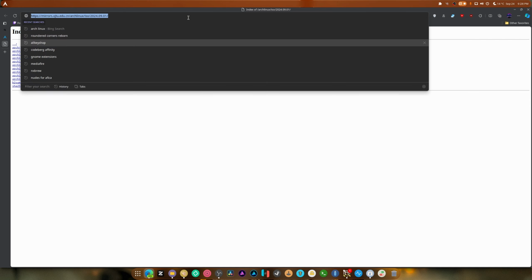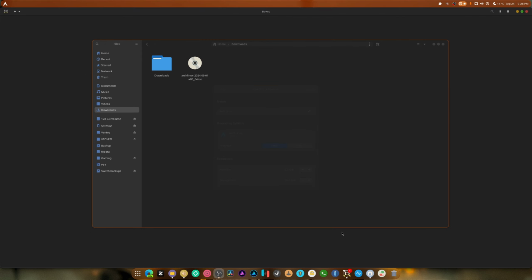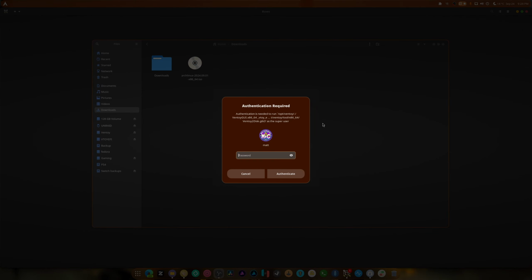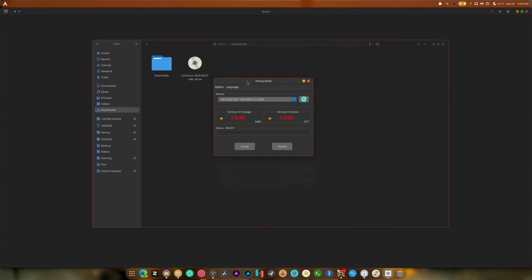Now, there's this program that is called Ventoy. I already have it installed, and you can install it on Windows. You can install it on Mac OS. I think Mac OS, I don't know if they have a Mac OS version or not, but pretty much you select a disk. Mine is a 256 gig disk. For the sake of this video, I'm going to be converting this SSD, which I have hooked up to USB,